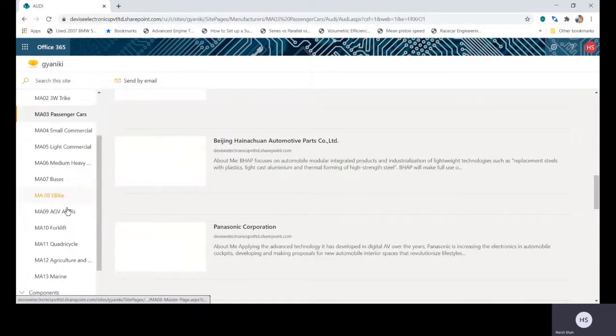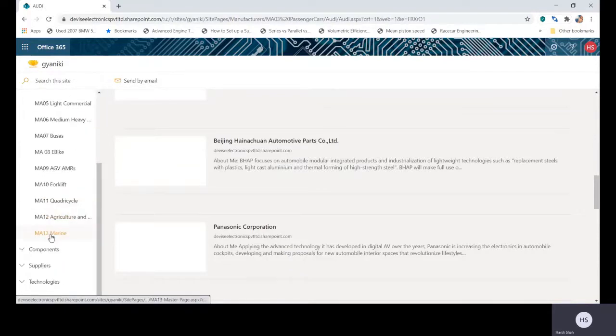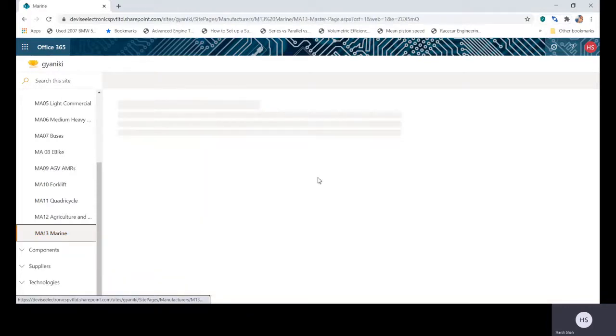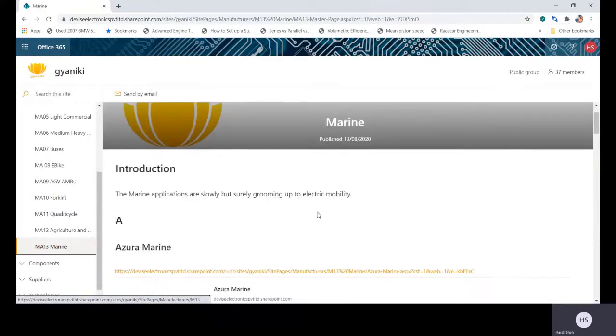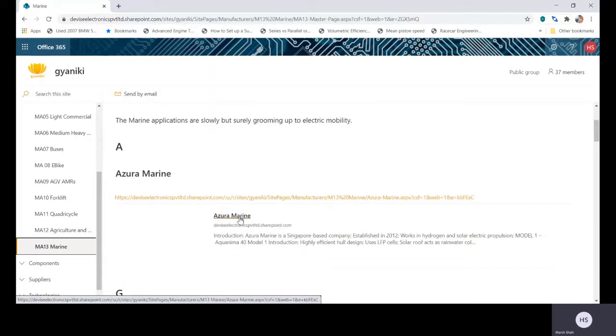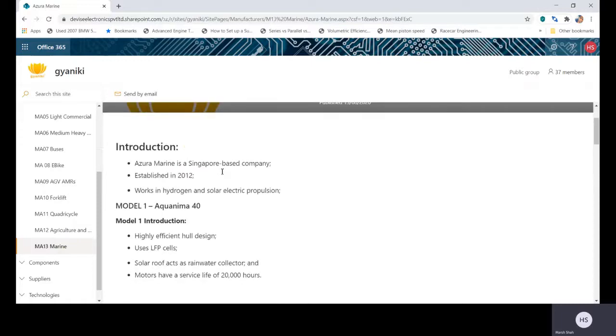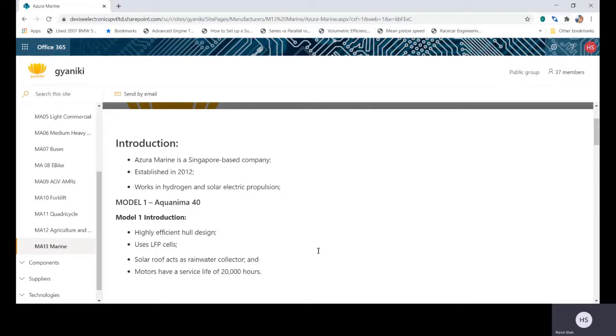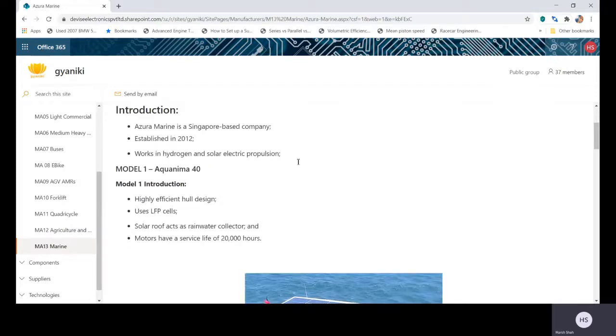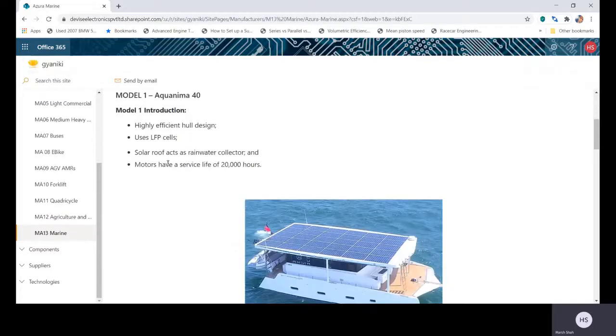For example, let's say next I want to research an OEM in the marine area. Okay, so let's go with Azura Marine. So it's a Singapore-based company established in 2012. Works in hydrogen and solar electric propulsion. So this is a sort of a different area compared to what most of the sectors are working with right now. Then we have information on some of their major models,